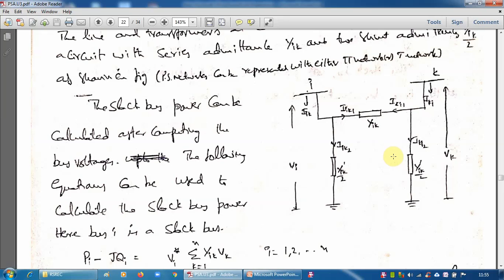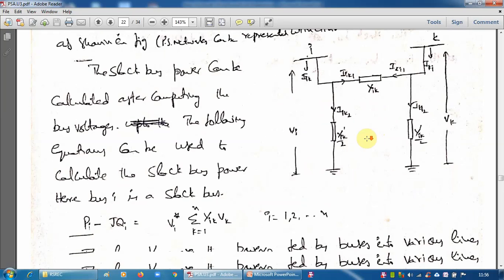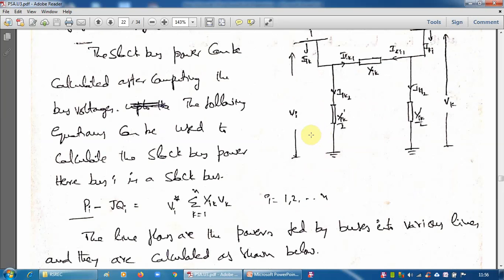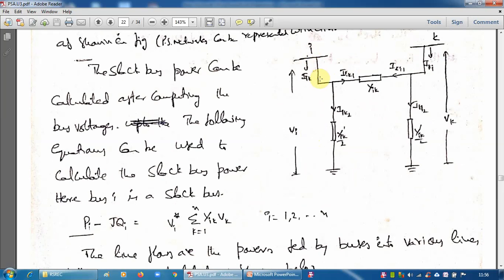All these values will be given as part of the line data, that means shunt Y bus data. So we can have all these things. Like that, we consider a line modeled in the form of a pi model. If this is the case, you see the power injected from bus I into the line, the complex power injected, is nothing but PI minus jQI. The complex power injected at bus I into line IK is this.